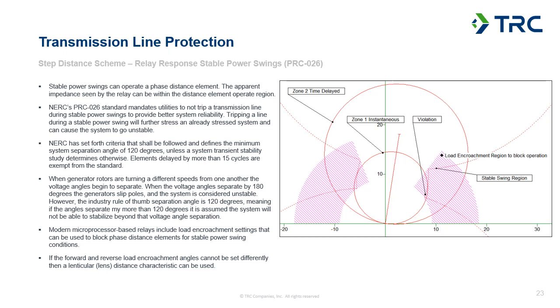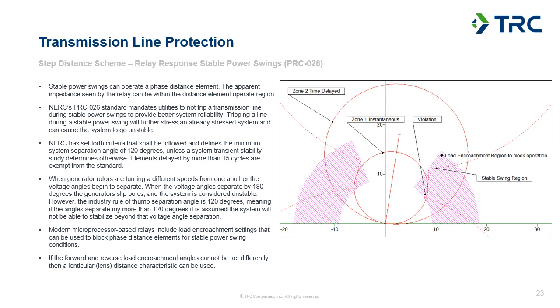So there's a whole lot of math and a whole lot of stuff that goes into determining what that stable swing region looks like, but we're able to plot it and show it on our X diagram along with our distance elements. And it's this dashed line in red that sweeps in and then cuts off in the middle and then has another characteristic on the bottom. And this dumbbell-shaped characteristic represents the area where a swing is expected to be stable, and therefore you should not